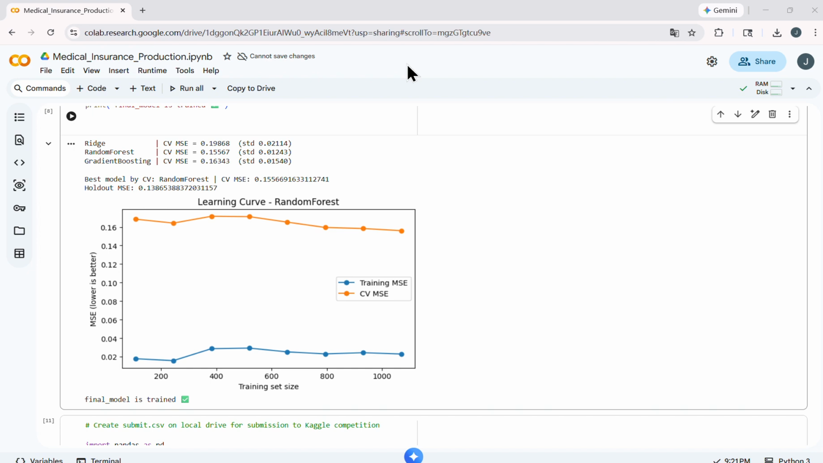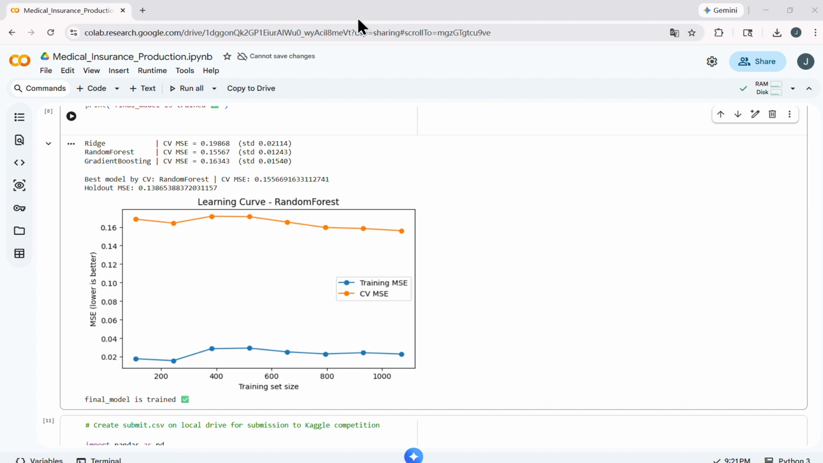To further improve fit, I experimented conceptually with variance reduction strategies such as limiting tree depth and increasing minimum samples per leaf. These constraints would increase training error slightly, while potentially reducing the generalization gap. This reflects an intentional bias-variance trade-off rather than passive